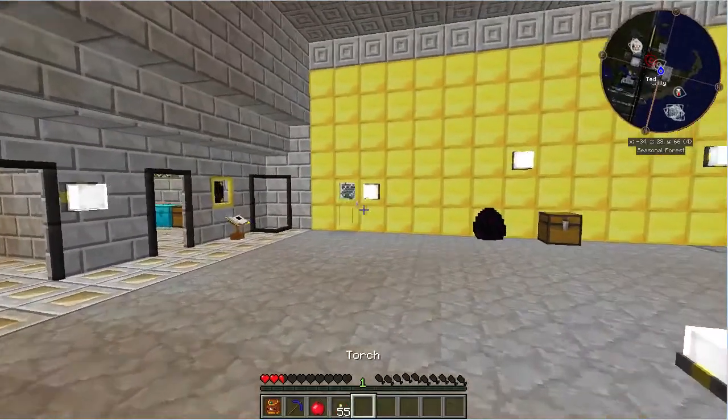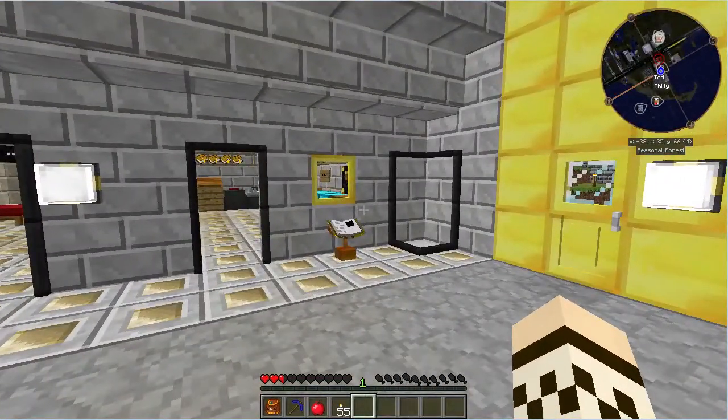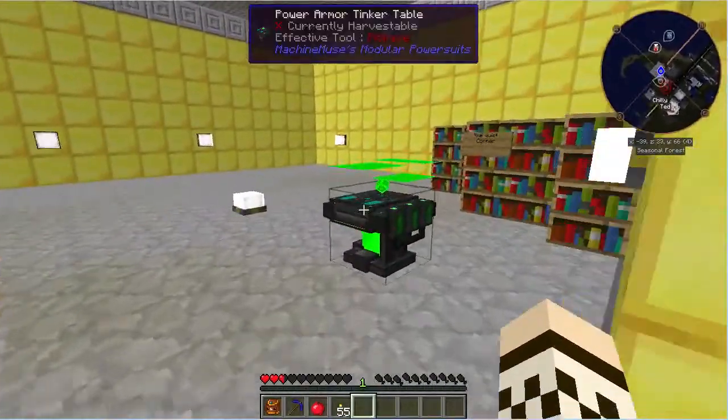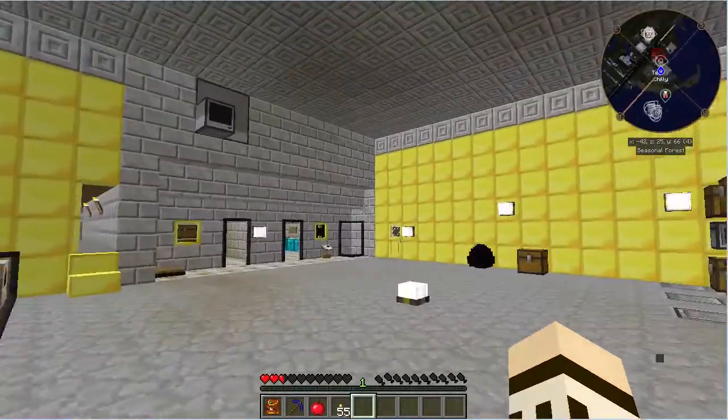Next episode, I will be with Mike. We've already arranged what we're going to do. We're going to actually be building out the Crapple lab. We've got a few things we want to put in it. We've got this power armor's tinker table, and I'm going to be moving...